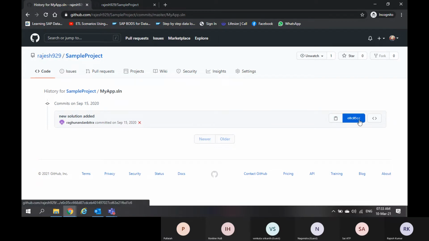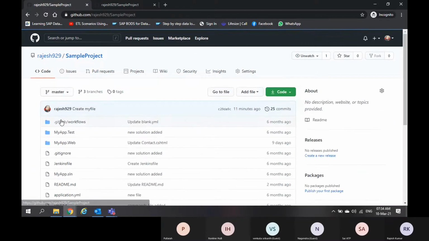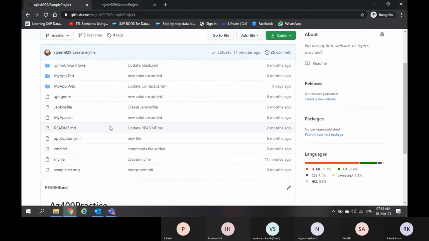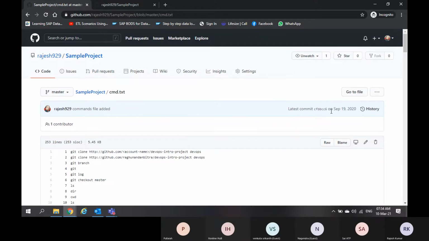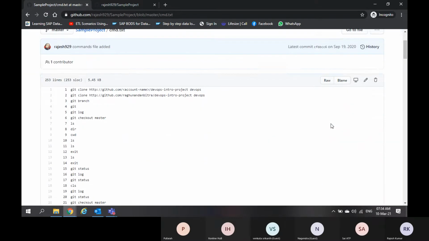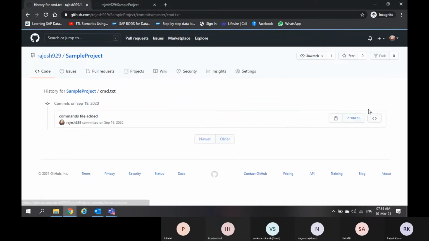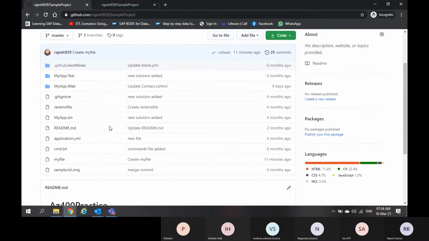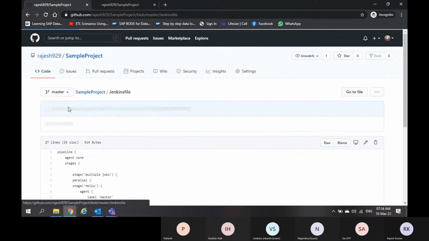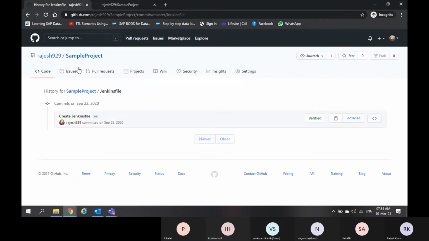That means this file got modified or changed only once. If I go to any other files, most of the files have one commit history only, like the Jenkins file history.